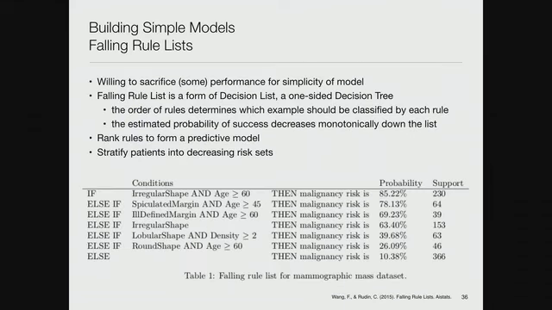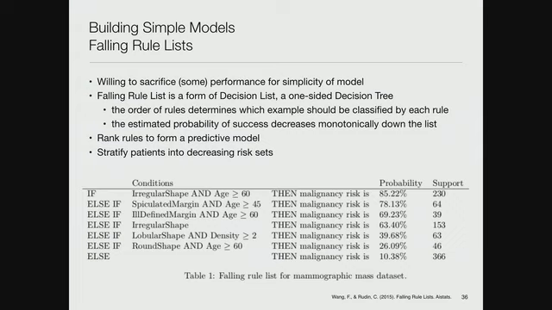Okay, let me finish off by talking about the opposite idea. So rather than building a complicated model and then trying to explain it in simple ways, what if we just built a simple model? Cynthia Rudin, who's now at Duke, used to be in the Sloan School at MIT, has been championing this idea for many years. And so she has come up with a bunch of different ideas for how to build simple models that trade off maybe a little bit of accuracy in order to be explainable. And one of her favorites is this thing called a falling rule list.